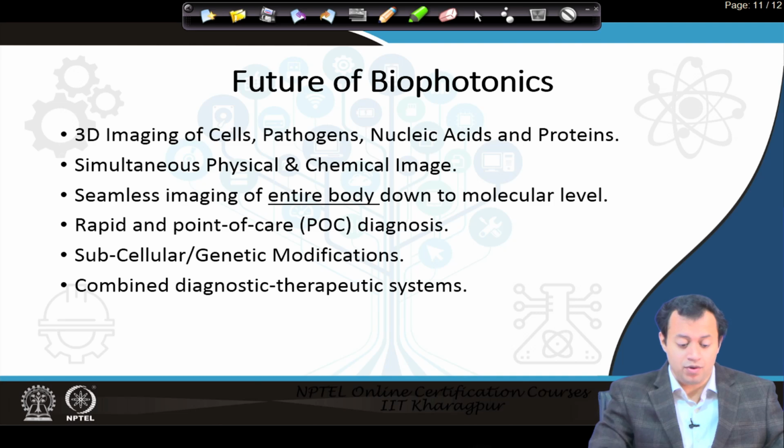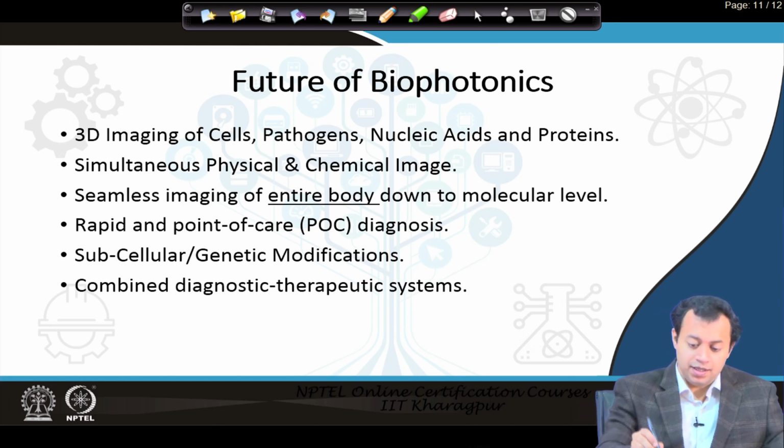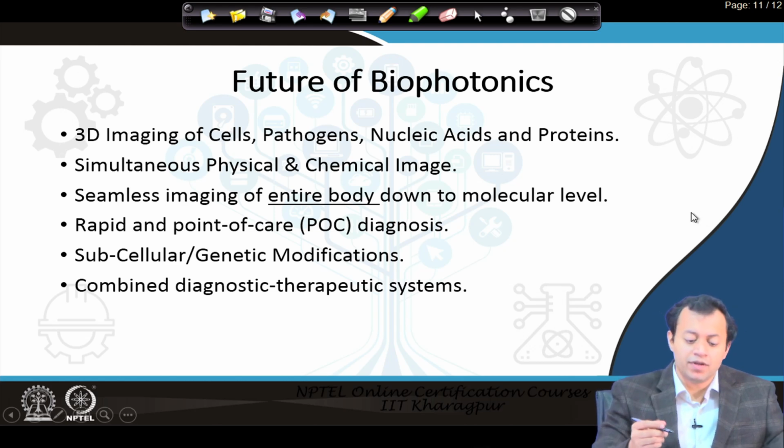optogenetics or neurophotonics. And combined diagnostic therapeutic systems, where not only you detect, but at the same time, as soon as you immediately detect an infection has occurred, you eliminate the source as well as the cause of the infection, thereby curing the entire ailment per se. So, these are some of the topics that we can expect from the future of biophotonics, and we can expect more if all of you join me together and we try to see how many of these we can faithfully